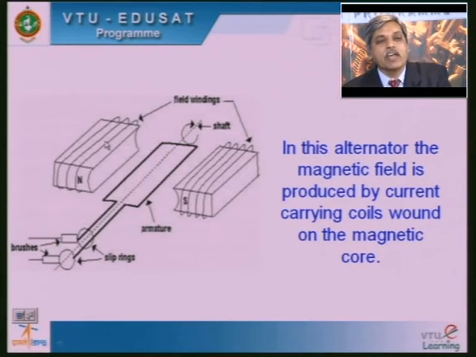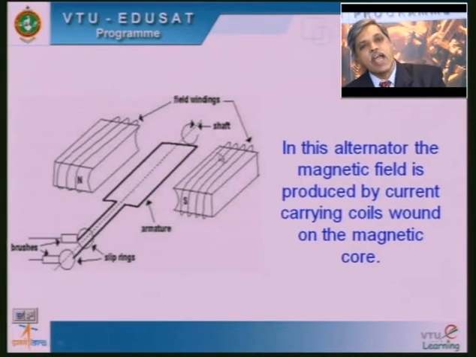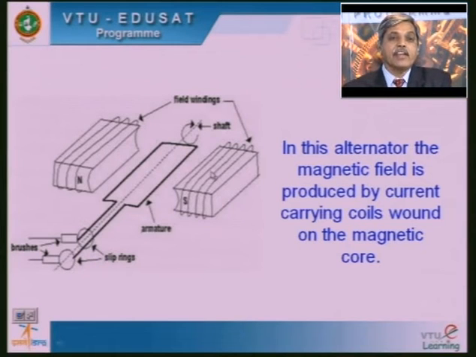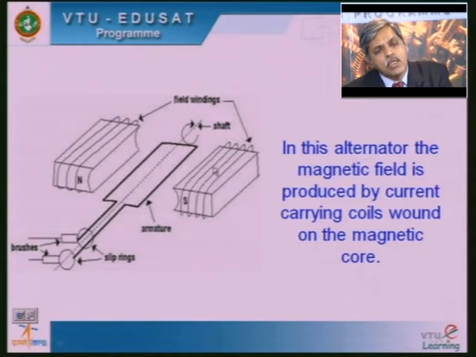Depending on the direction of the current in the coil, I will get a north pole, and when I reverse the current direction here, I will have a south pole. These two coils we will connect in series so that they carry the same current, but the winding on the south pole will carry a current in reverse direction compared to the coil on the north pole. Because of the opposite directions of the currents, this becomes a north pole, this becomes a south pole. Just by reversing the direction of the current to the coils, I can change the polarity of the poles also.